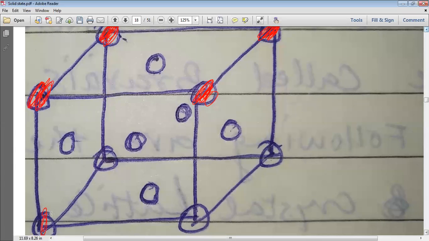You can see these various particles present at the 8 corners. They look wonderful. Can you see these 8 particles? Okay. Now what happens? You know that there are 6 faces. So suppose you are standing here. If this is the one you are, and you are standing here in the unit cell, you can see that